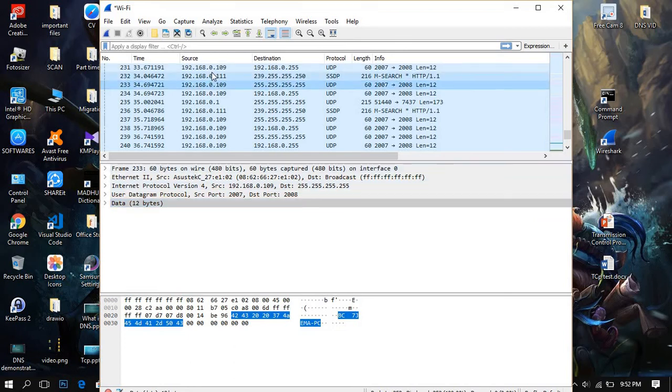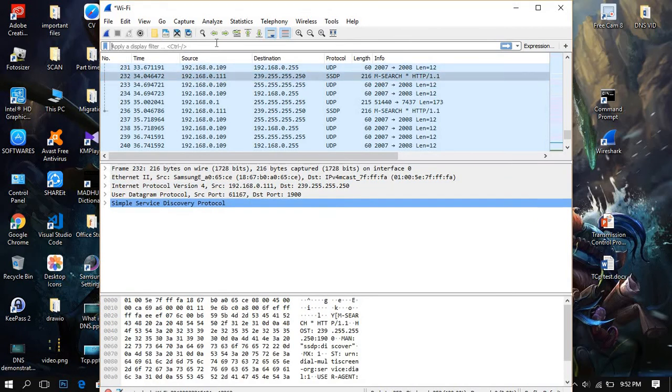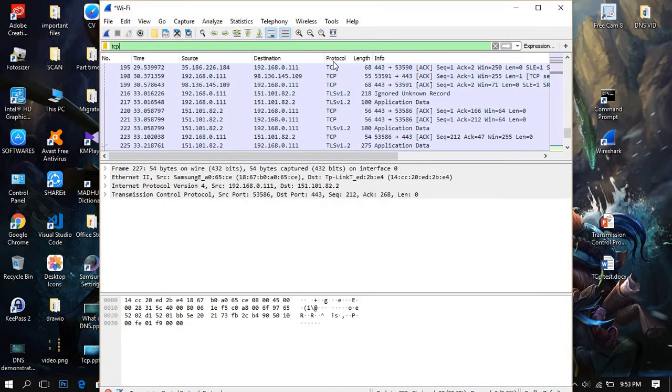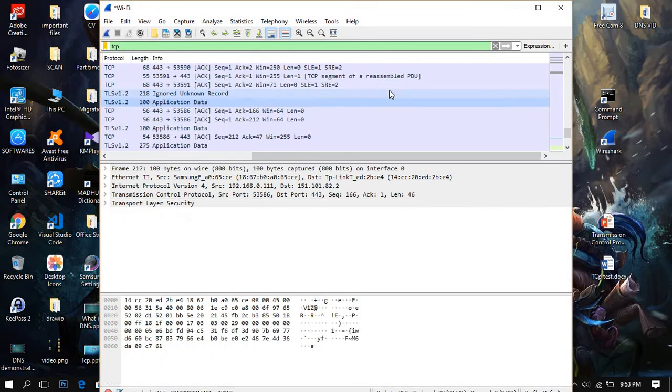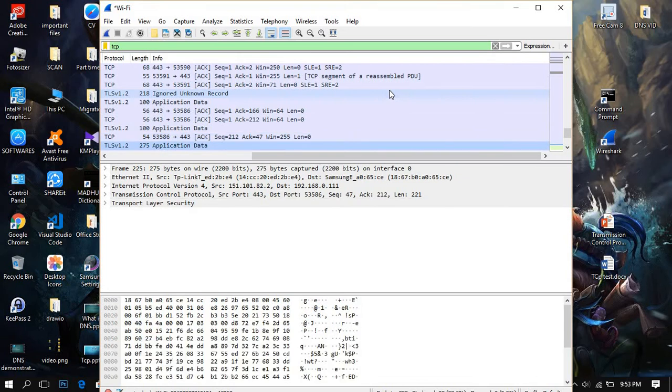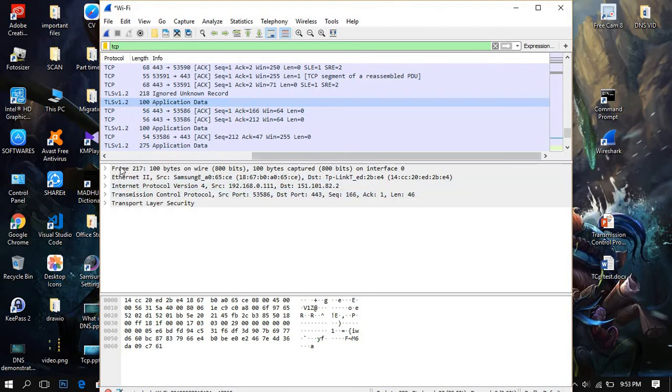Now I'm gonna filter the specific one, TCP, and press enter. Now we can see another lot of packets appearing here. The same way the application data, like the frame,